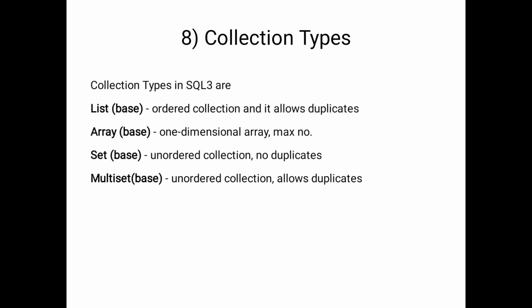Okay, we will see one syntax. All four different types are related to that syntax only. So what is the meaning of list here? List is an ordered collection. Ordered means it maintains either ascending order or descending order. Definitely it will maintain some order. So it is an ordered collection, and here the list allows duplicates also.